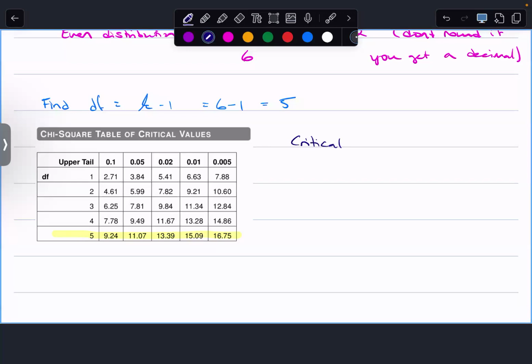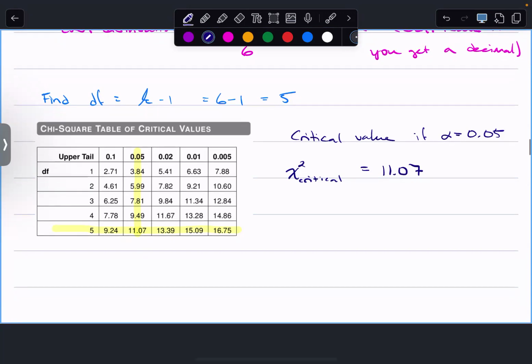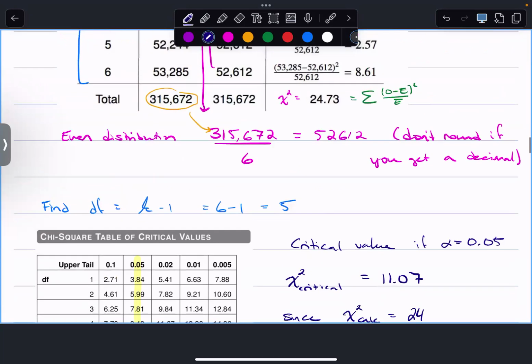The critical value if alpha is 0.05, because I don't remember them saying to use anything else, then I would say, okay, 0.05 is my upper tail area. Then my chi-squared critical is 11.07. Remembering the shape of the chi-squared, I force the area in the tail at 11.07 to be 0.05. So if I pass 11.07 with my chi-squared, then my tail area is less than 0.05. So since my chi-squared calculated, which was 24.73,